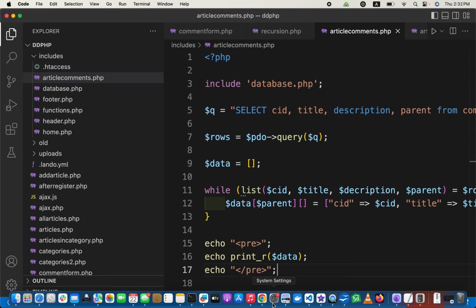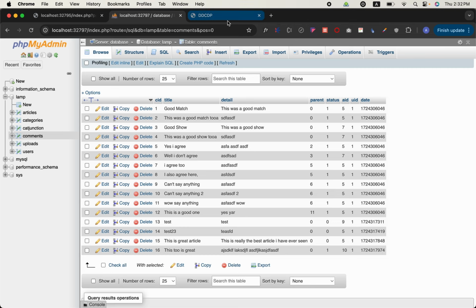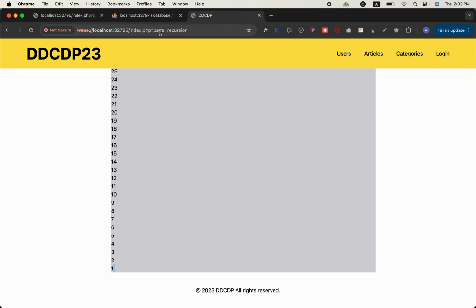Then article comments.php, if we access it again,